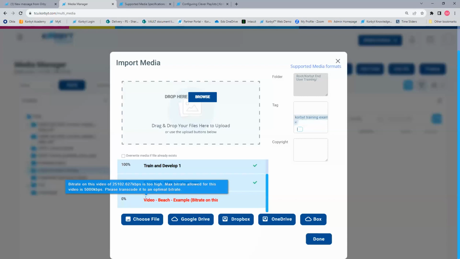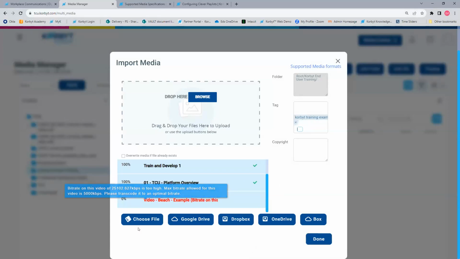If you have them already on hand, things like Adobe Premiere or any other video encoding software, you can use what you know. If you need our tool, it would most likely be contacting your IT to have them send you our CURT convert software if you needed that. So that video is not going to play in the system.